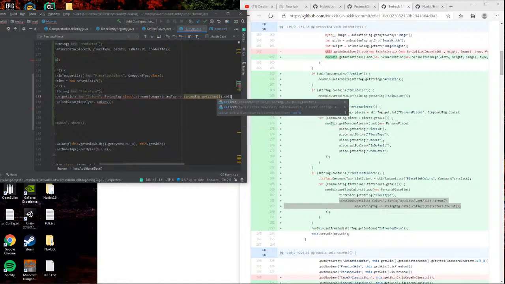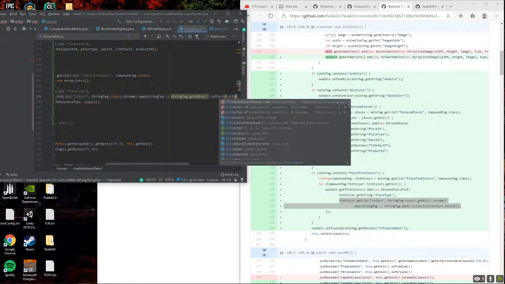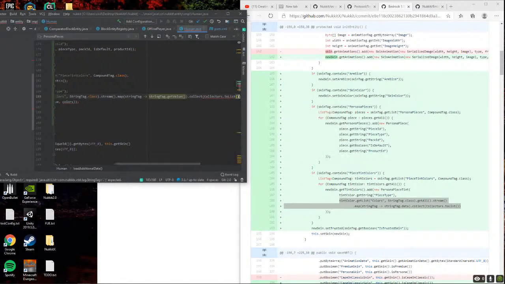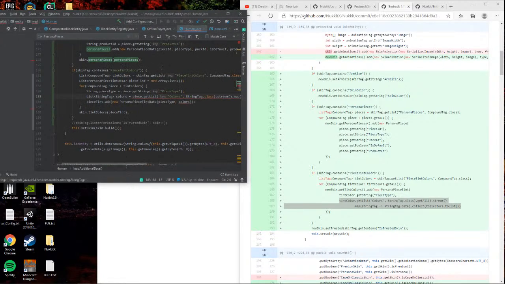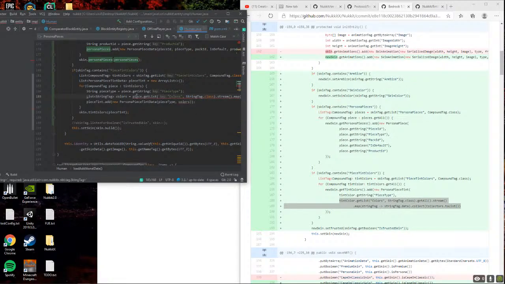Dot collect to collectors dot to list. All right.